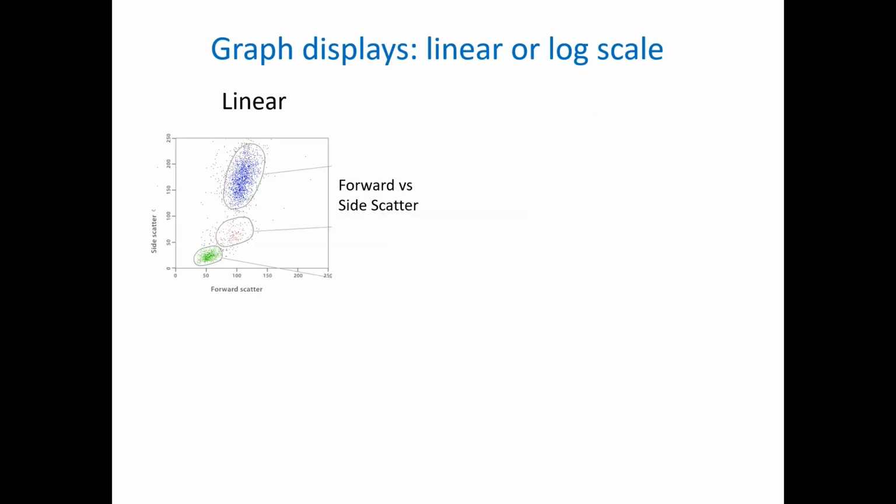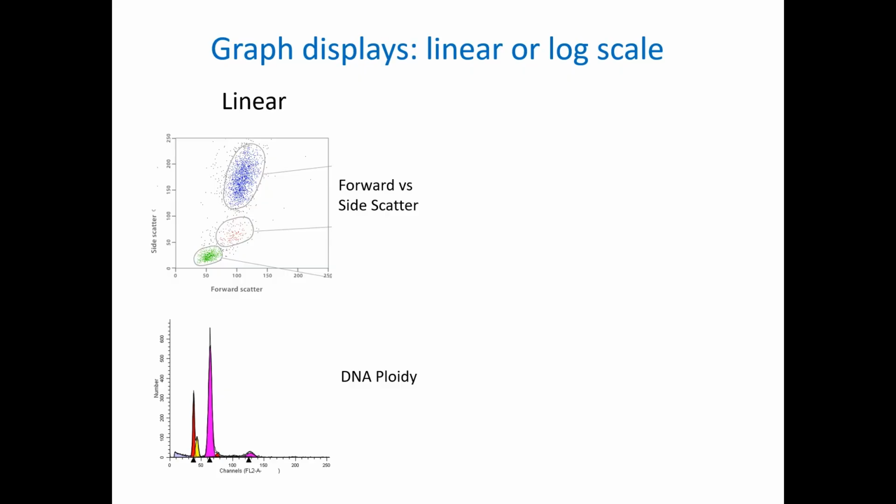Most instruments acquire and save the data as linear. The total number of channels on the scale is dependent, as we discussed earlier, on the ADC, the analog to digital converter. The data, however, can be displayed on graphs as linear or log, or as we will discuss in a minute, by exponential scale. Linear scale is standardly used for forward and side scatter, and for specific applications such as DNA ploidy, where the range of intensity is relatively small, and it is important to visualize small differences in the fluorescence intensity of populations